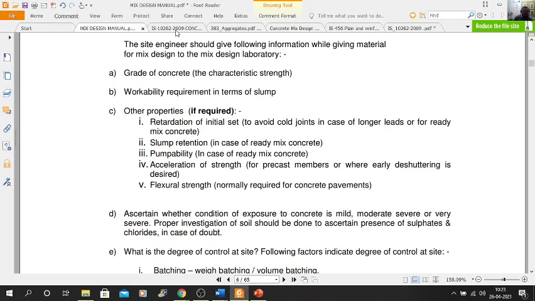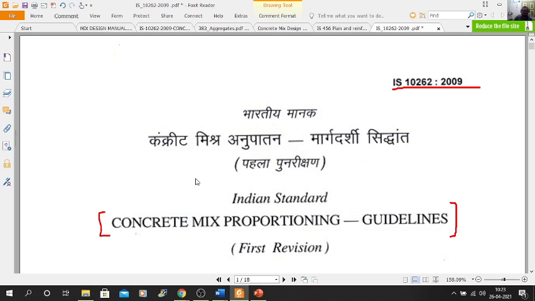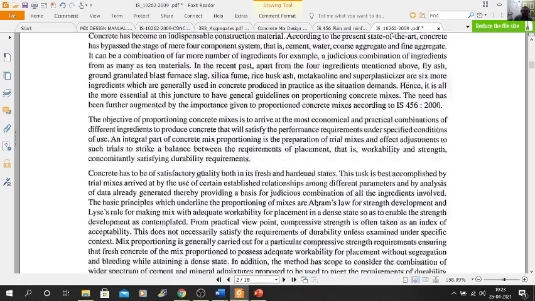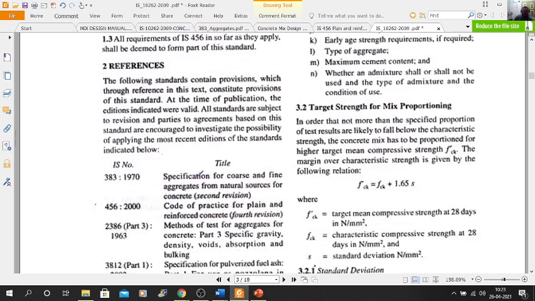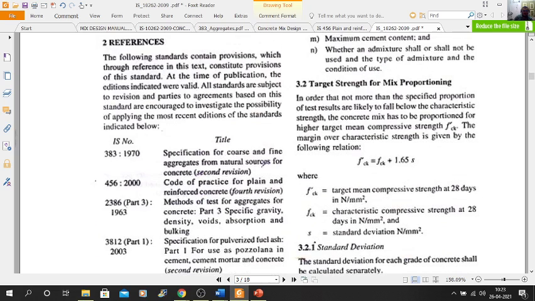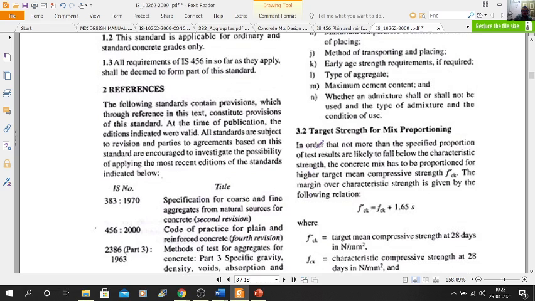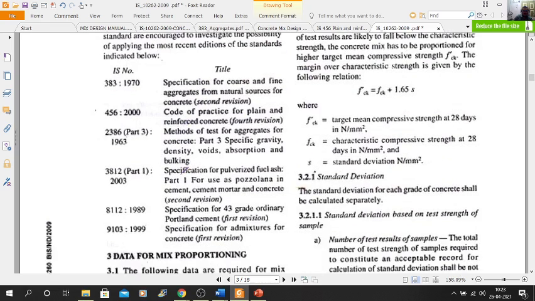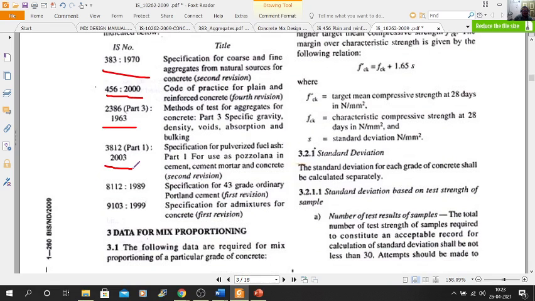Our code IS 10262:2009 gives the procedure of the mix design. This one, the code. Then one by one you can see here the different codes. They are referred: IS 383, IS 456, IS 2386 part 3 1963, IS 3812 part 1, specification for the